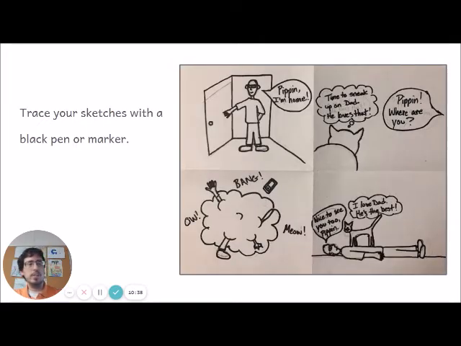Now, if it's your second class or if you just want to keep going, I would recommend going in and tracing over your sketches with a black pen or a marker if you have one. This will be your last time to kind of make changes with your picture. So you can see there's a couple places where my drawing with my Sharpie did not match up with my paper. So like on the door in the first frame, especially in the words in my second one, I realized I wrote them too small to trace over. So I had to write them bigger. I left the other words underneath for now so I could make sure I remembered everything.